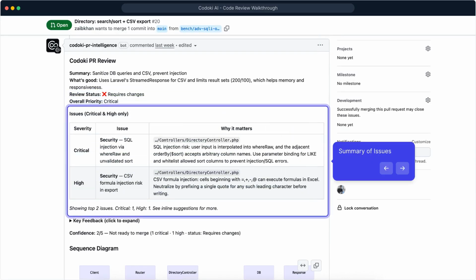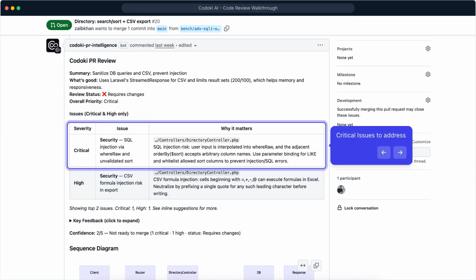In this section, Codoki shows the list of identified issues in this pull request. Codoki reduces the noise level, so it outlines just the critical and high issues, instead of outlining smaller issues like formatting. We do this in order to help developers to move faster instead of addressing smaller issues, which may not have a high impact. If we dive into the critical issue first, you can see the category of the issue